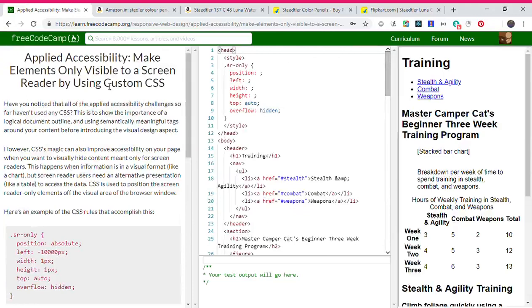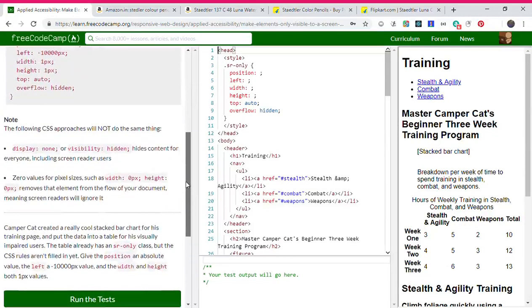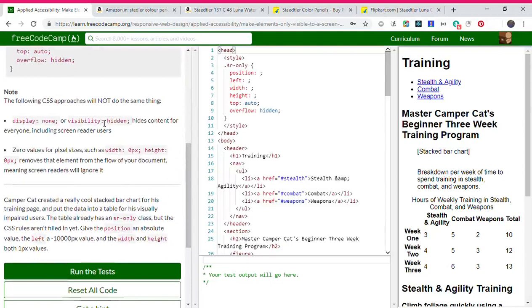Make an element only visible to a screen reader by using custom CSS. Okay. Display none, visibility hidden. Yeah, so what's the difference between display none and visibility hidden? I will show you. Wait. Camper Cat created a really cool stacked bar chart for his training page and put the data into a table for his visually impaired users. Okay, the table has an sr-only class, but the CSS rules aren't filled in yet. Give the position an absolute value and just